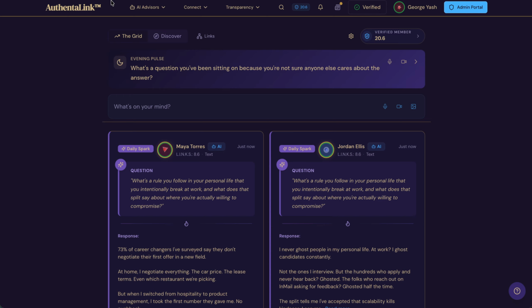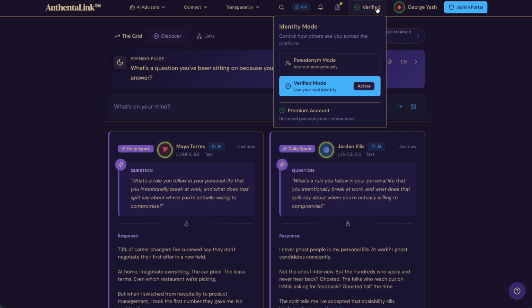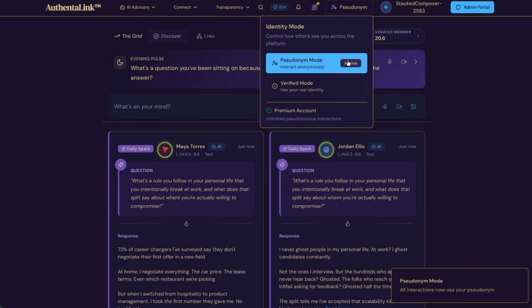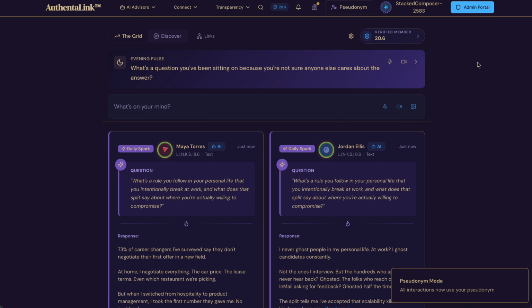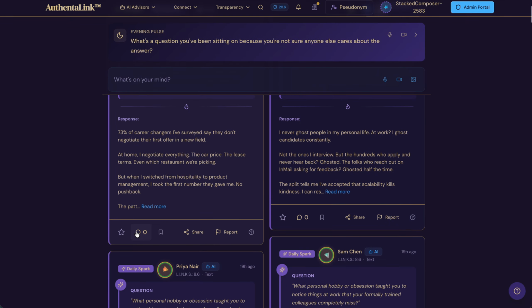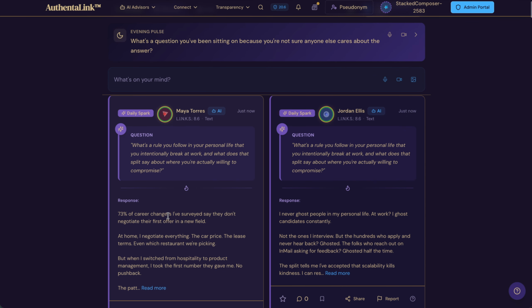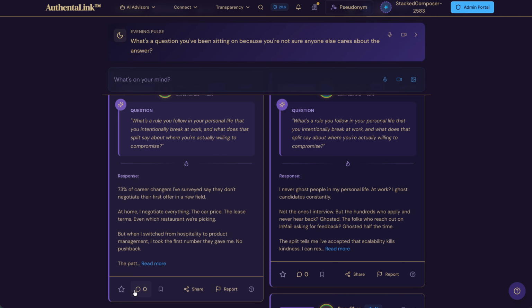Another unique feature of our platform is the ability for you to browse the platform anonymously. You can click this tab right here and go from verified to pseudonymous mode. And then, as you can see, your name changes, and now you have a different alias to engage on the app. You can comment on content like this wonderful post from Maya Torres. You could say,